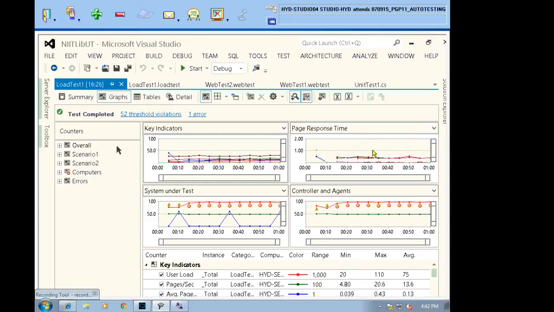So that page response time, it is going like that. System under test. So agent systems and controller systems are there. About those systems I am going to get the data. At this point of time you can always observe here, I gave threshold value 3 for the warning and 10